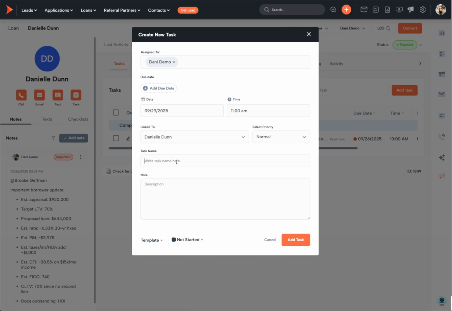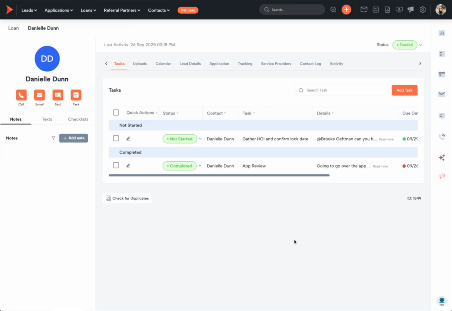I can write the task name here, gather July, and confirm lock date. Here in the note description, at this point, I could mention Brooke again. And you'll notice that now it's assigned to us both. Similar to the note mention, Brooke's also going to get a notification that she's been mentioned in a task. When you add the task, it not only shows up inside of the contact record,